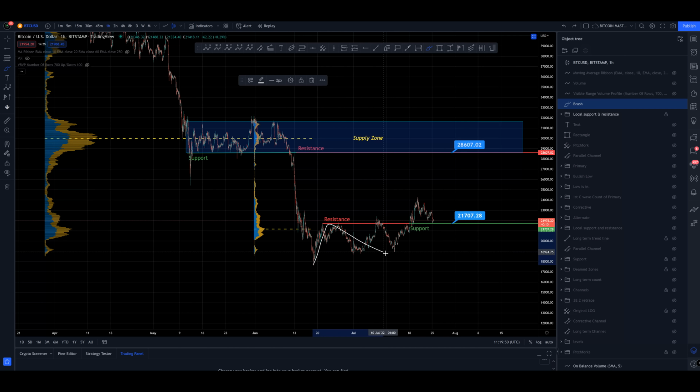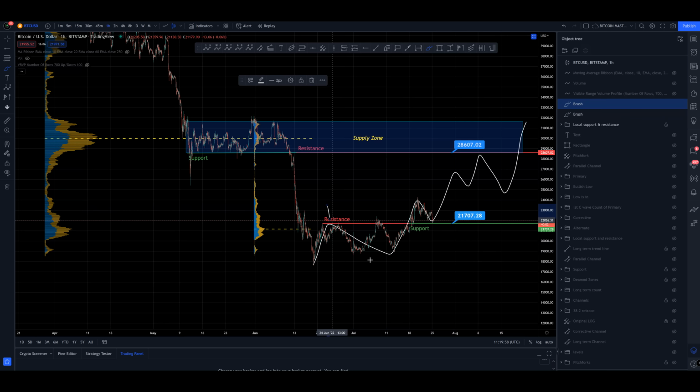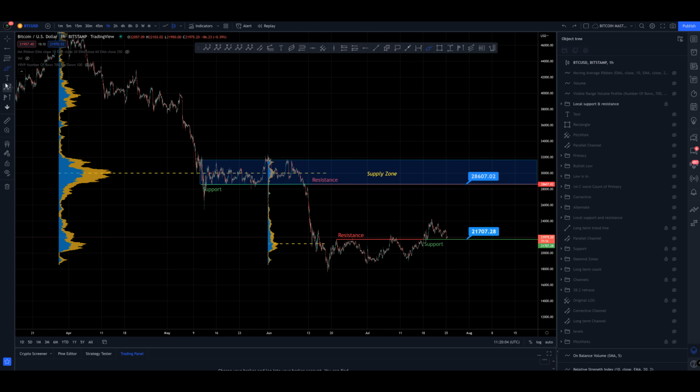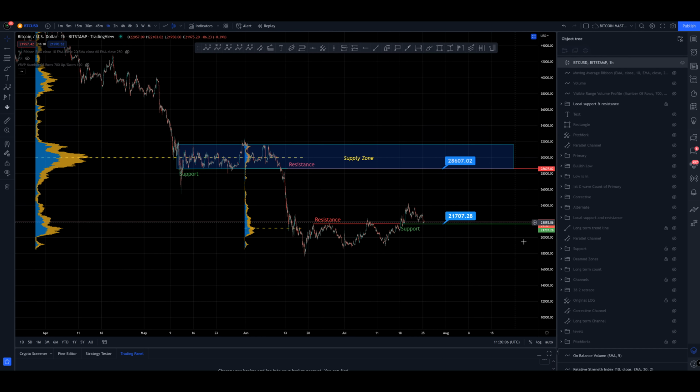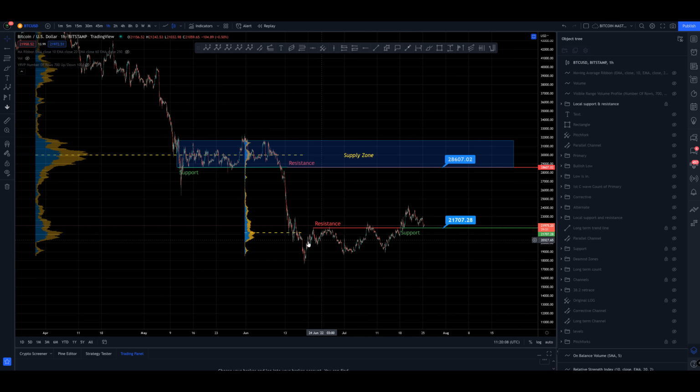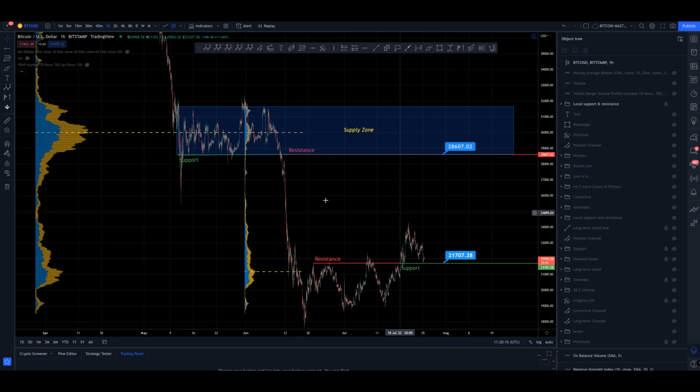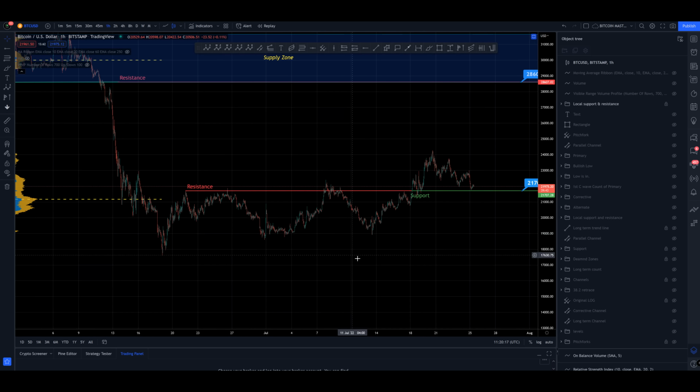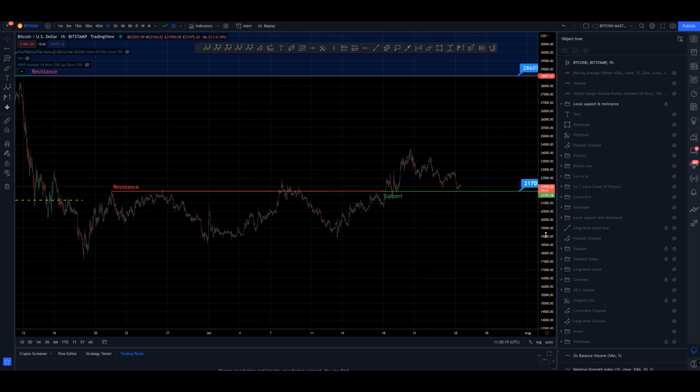If we get 1 and 2, and this is 1 and 2, 3, 4 and 5, if we do something like that on the larger time frame, and then come back in 3, that's going to look very convincing to me. I'm going to be very up for that. Now at the moment it could still be corrective, so that's kind of what we're looking at on the shorter term.